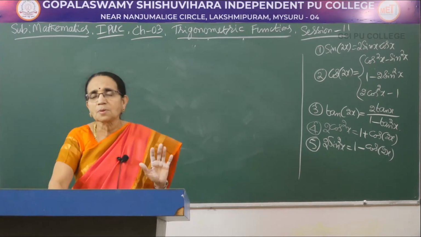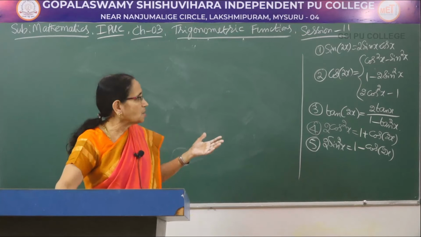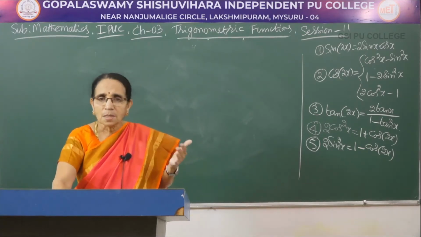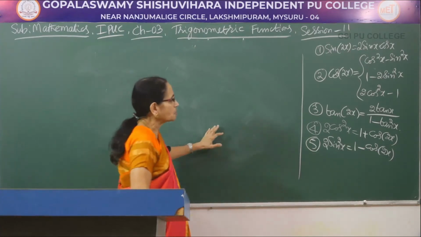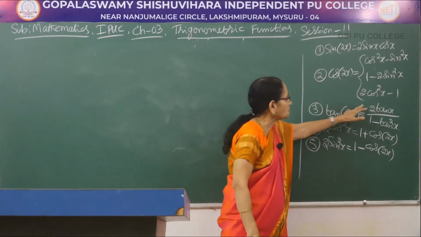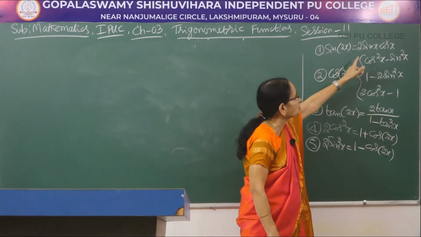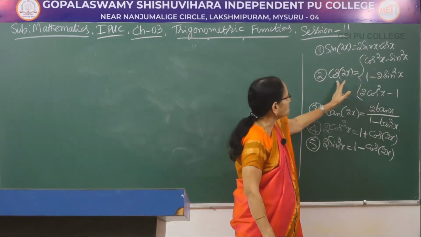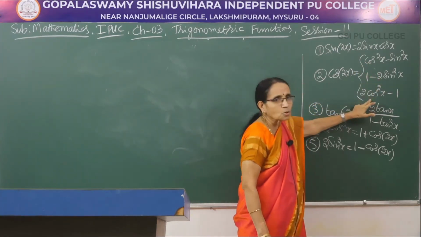Actually, sometimes they are asked as a problem, prove that. They give the instruction like that, prove that one. It is again given for a 2-mark question. Here tan of 2x is written in terms of tangent only. Sin of 2x is written in terms of both sin and cos. Cos of 2x is in terms of both sin and cos, only with sin, only with cosine.